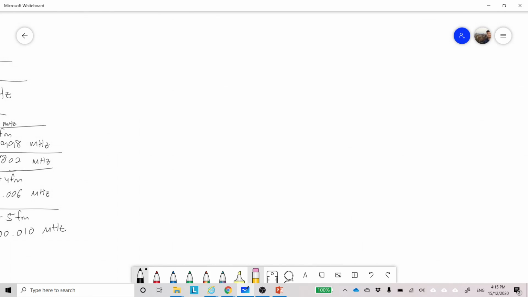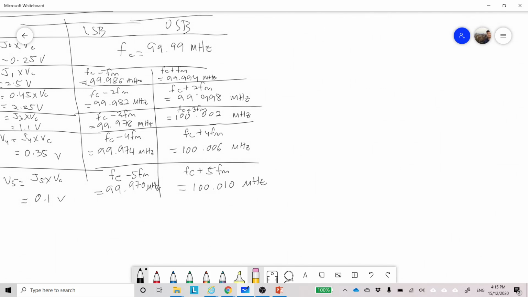Sekejap, saya punya ni selalu freeze. So kalau you lukis dia ada ni okay, kejap. So amplitude is voltage, okay, versus frequency. So you ada 5. So let's say saya draw di sini ada 5